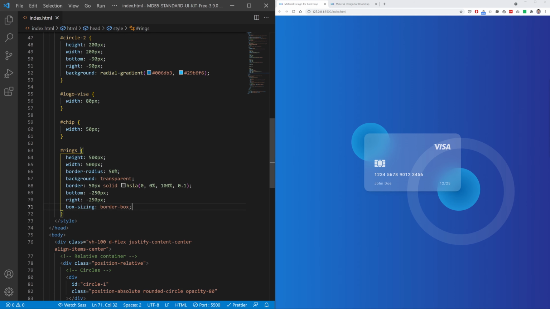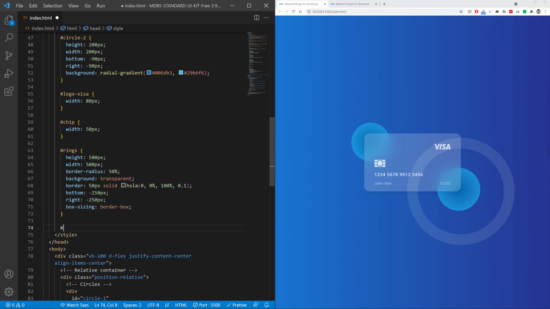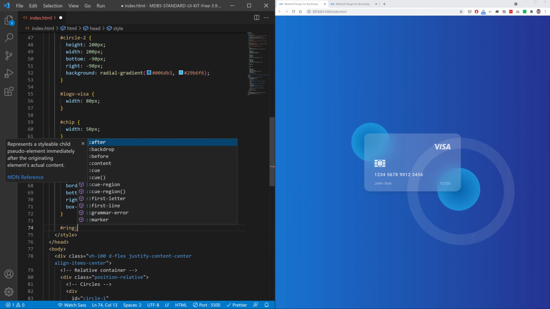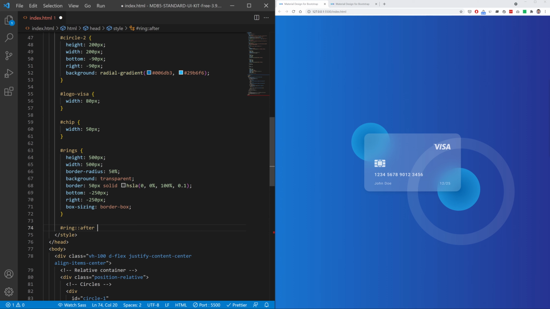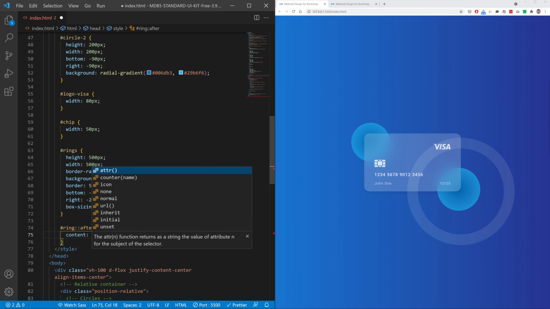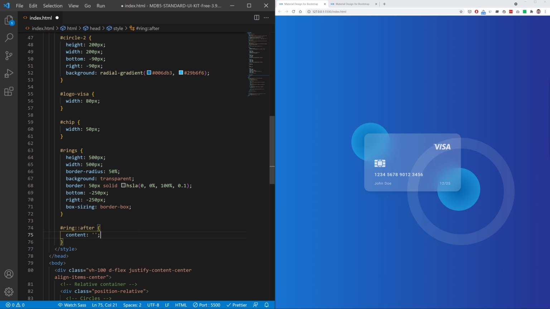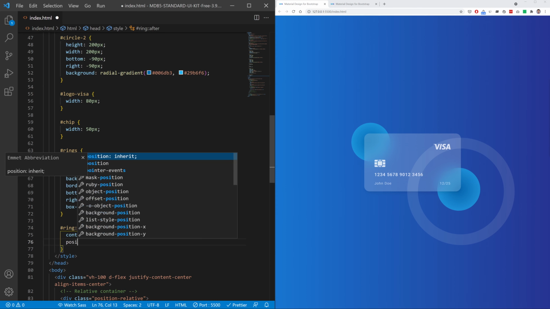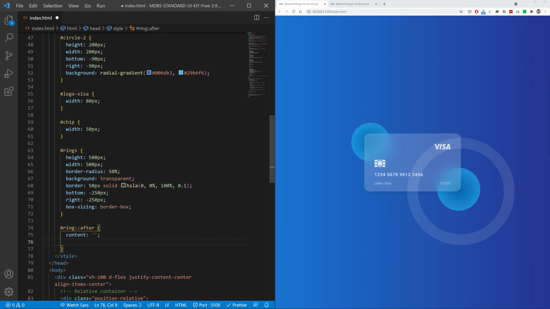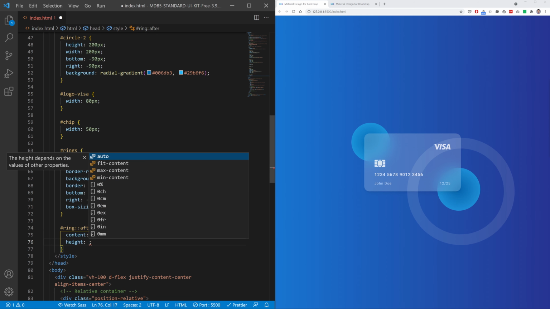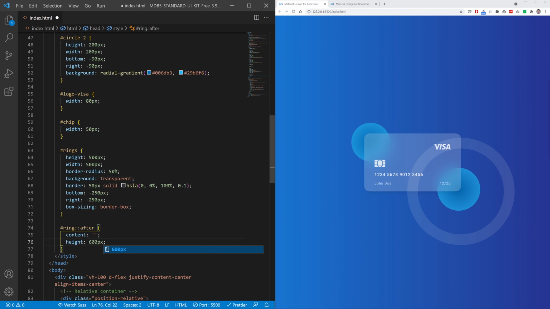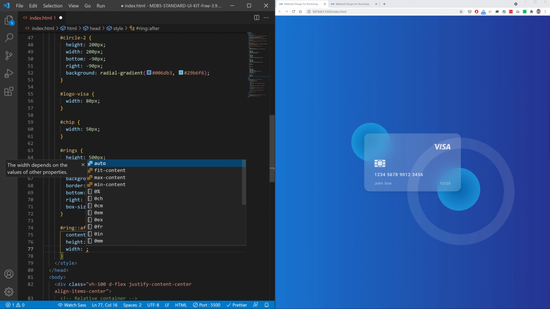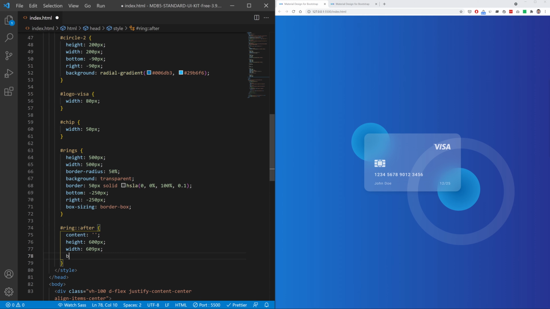And now let's also add the second ring by using rings after pseudo selector and content to null, position, oh actually we have this position to absolute, 600 pixel high, with the same border radius 50%,